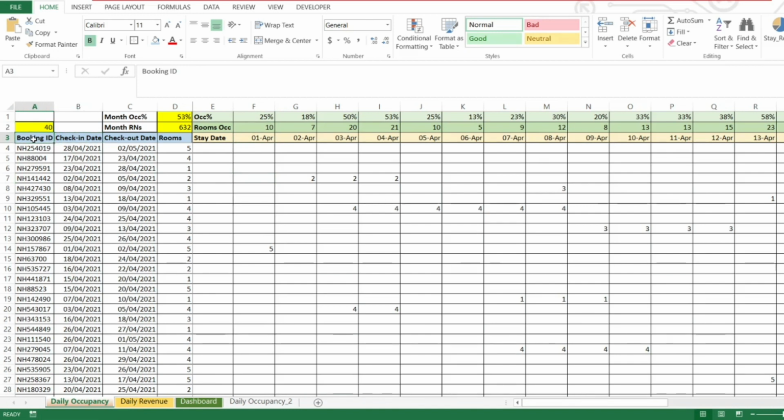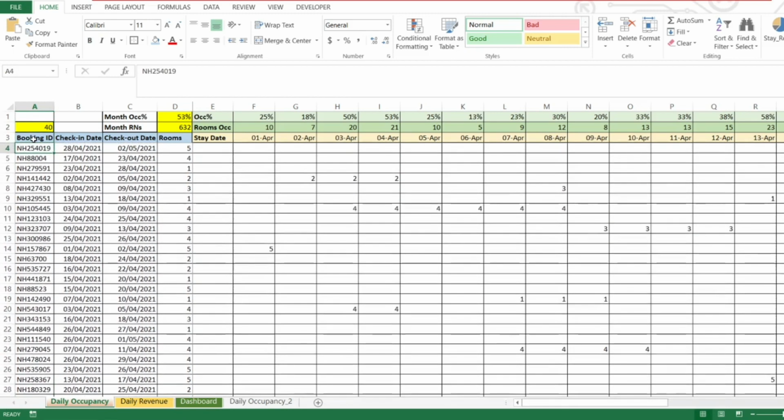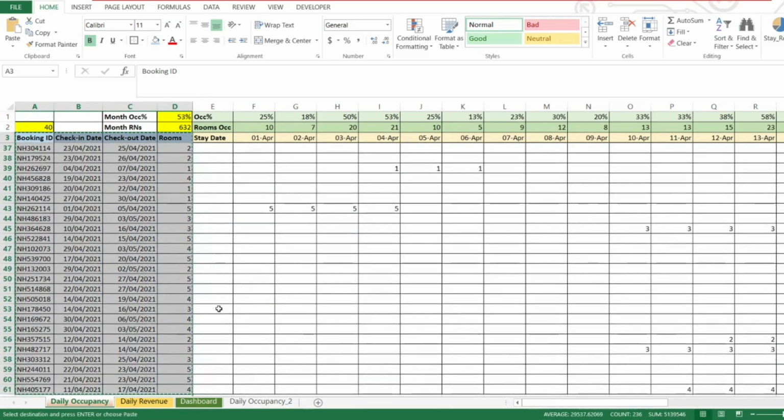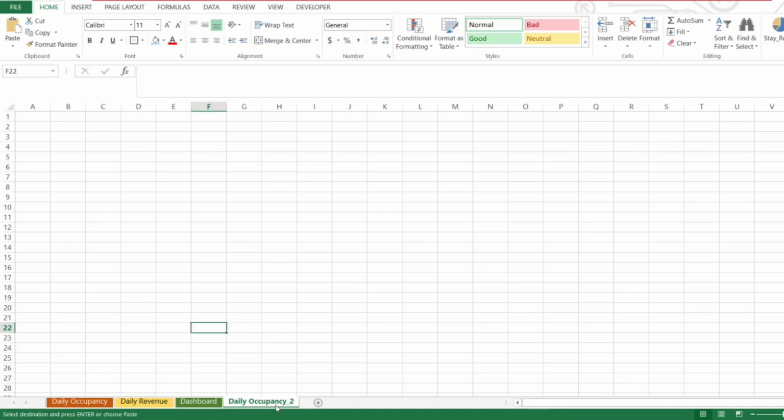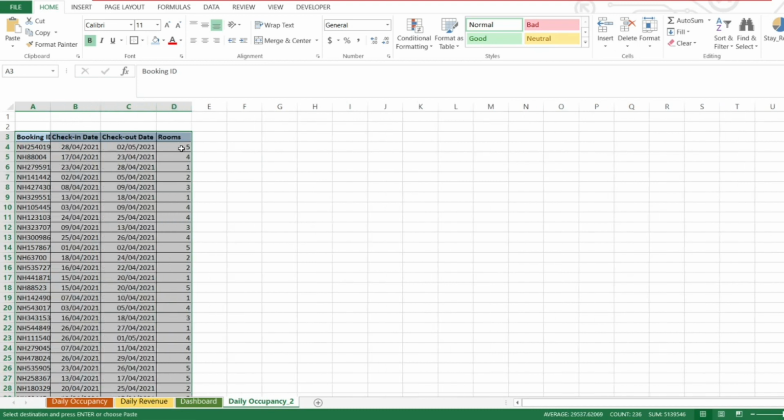So let's start off. What we'll do is get all the bookings data of all the confirmed bookings here. What I need is the booking ID, check-in date, checkout date, and number of rooms for each booking. I'm going to go to this new worksheet in this workbook and paste it. So here I have the data which has been collected.